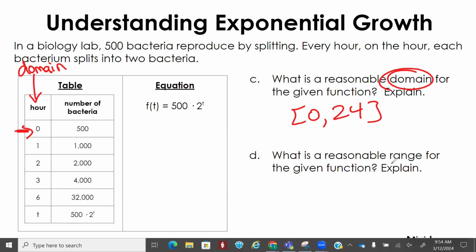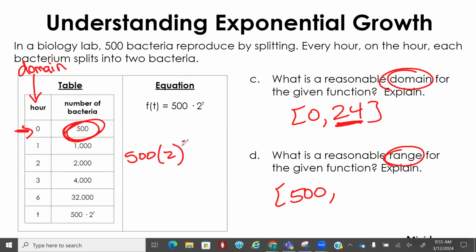Okay. What about the range? Well, using our x values, what was our lowest y value? What was our lowest y value? 500. How would we find our highest y value? Well, you told me that we're going to observe for 24 hours. So we're going to take 24 and we're going to plug it into our equation. Okay. And when you type that into your calculator,